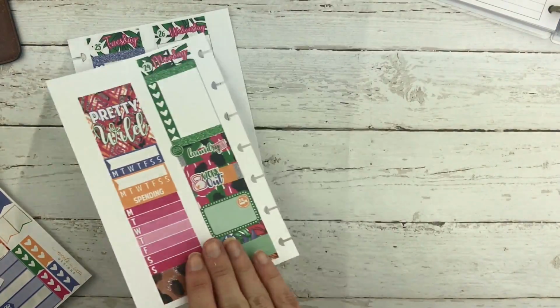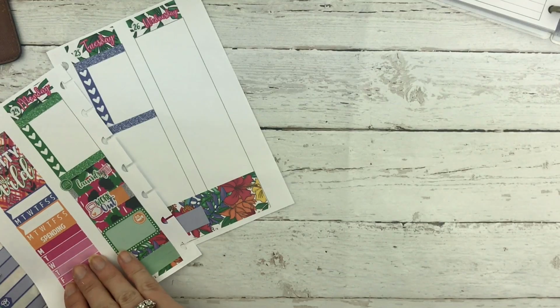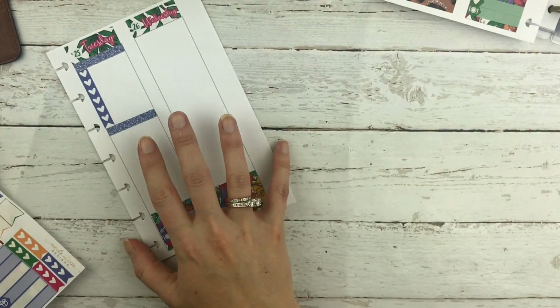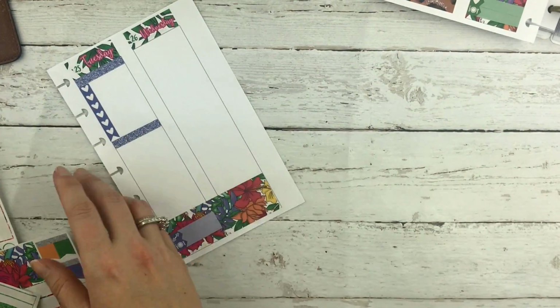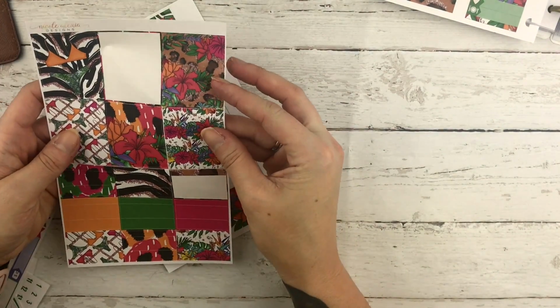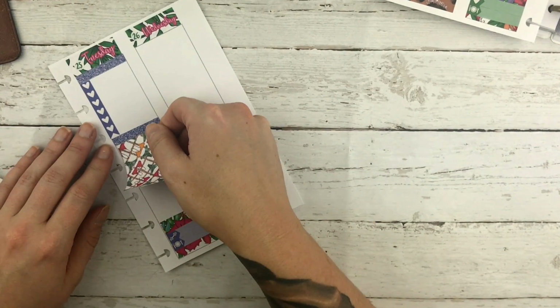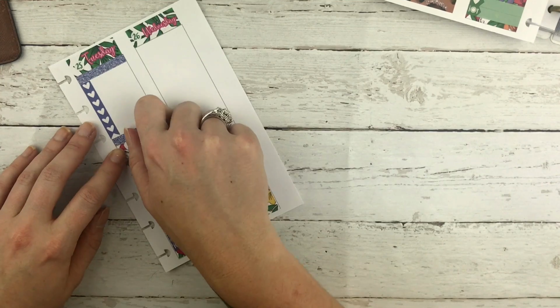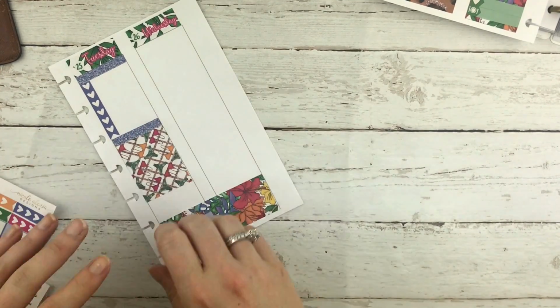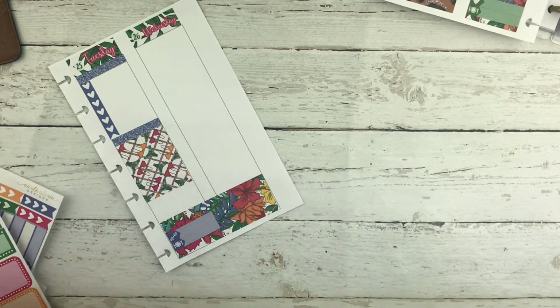So I'm basically just going to copy what I had done here, probably on every day, at least for the first 3 days, and then maybe I'll switch it up for the second half of the week. But since you can kind of see all of this together, I'm going to keep it all kind of the same. So I'm going to go ahead and put in my full box. Let's do the bikinis. And then I'm going to do my half box down at the bottom. So I'm just going to take a blue one